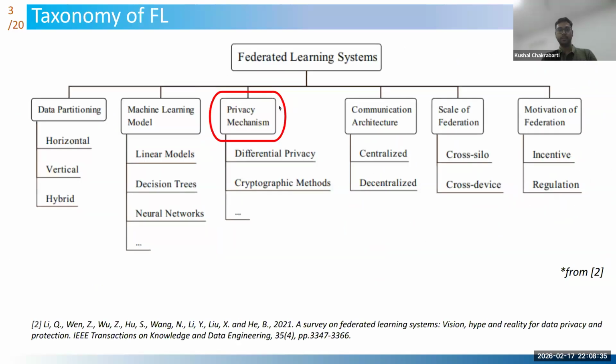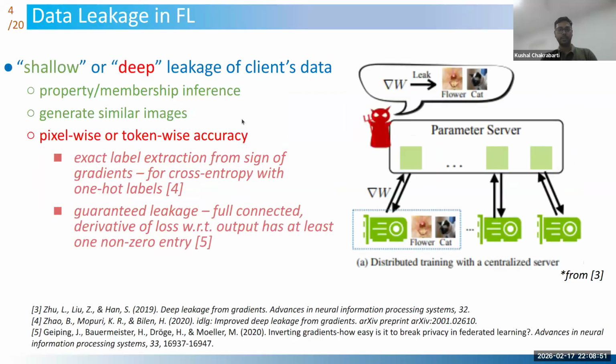In the landscape of federated learning system research, I'll be focusing only on the privacy aspect of federated learning. Previously, people have explored what kinds of vulnerabilities there are in terms of data leakage. They have been categorized as two kinds of leakage. One is shallow leakage. Shallow means